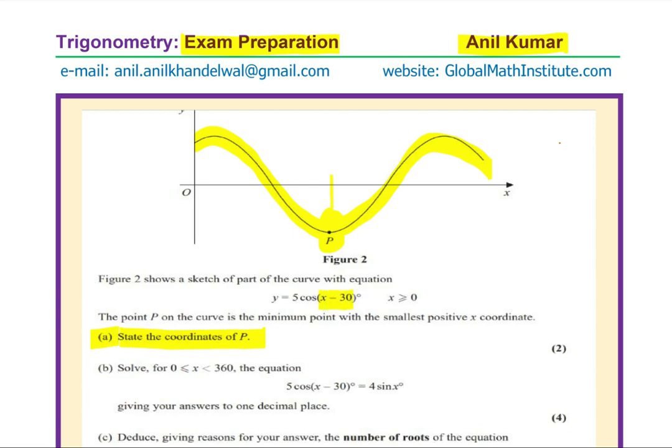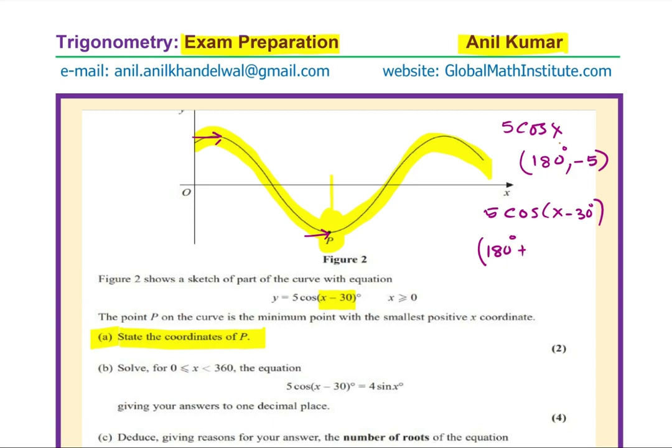We can see that the cosine function is shifted right by 30 degrees. Normally, for 5 cos x, the minimum will be at 180 degrees and the value will be minus 5. Now the function is 5 cos(x minus 30 degrees). That means it has shifted 30 degrees to the right, correct? All the points here have shifted 30 degrees to the right. Also the minimum, and therefore the point should be